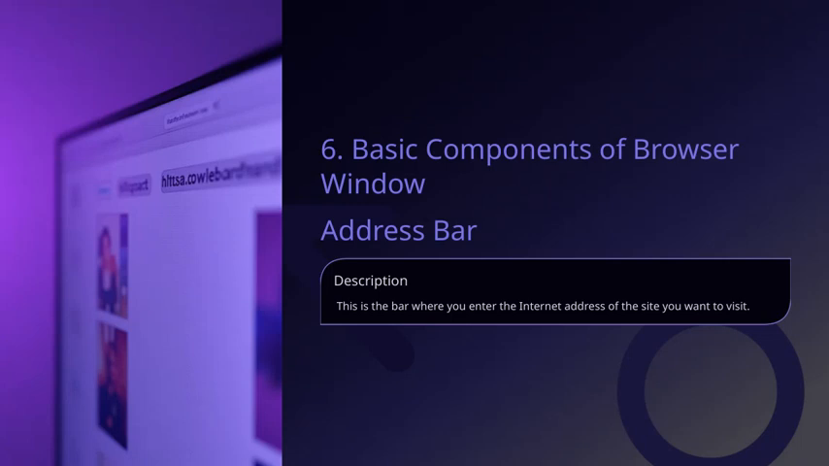Now, let's take a closer look at the address bar. This is the bar where you type in the internet address of the website you want to visit. It's essentially your gateway to the web. When you enter a URL, or Uniform Resource Locator, the browser uses this information to find and load the website. Think of it like giving the browser a street address so it knows exactly where to go. Remember, the address bar is key to navigating the internet efficiently and accurately, helping you reach your desired online destination